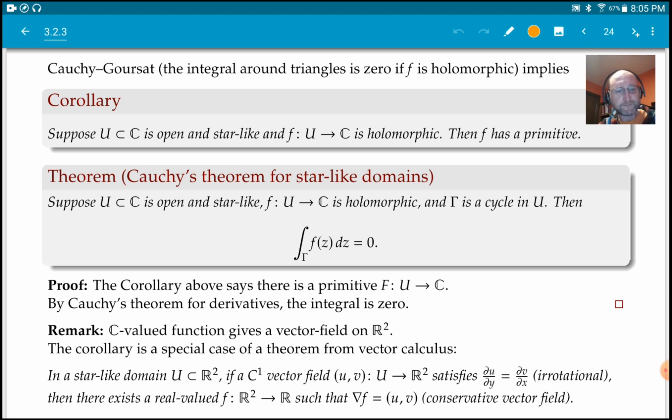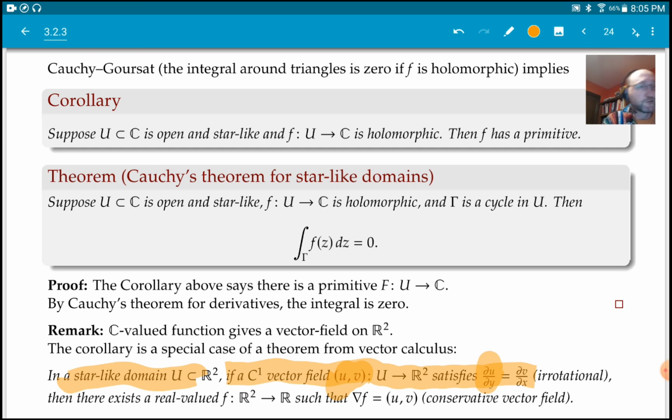If you have a star-like domain, and sometimes it's proved for a special domain or convex domain, like a ball or a disk in this sense, and you have a continuously differentiable vector field that is irrotational, which means for a vector field (u, v) in terms of the variables x and y, the y derivative of u is equal to the x derivative of v,